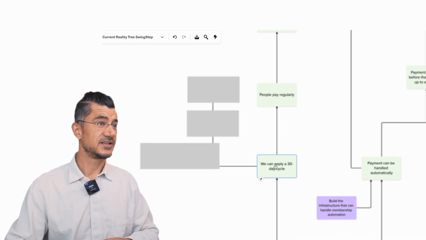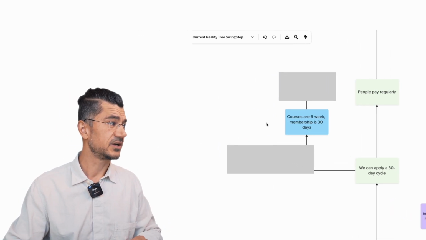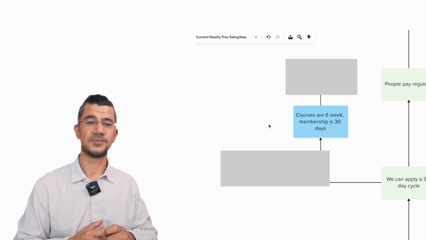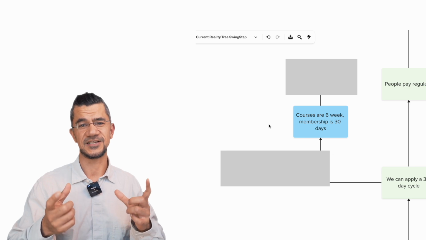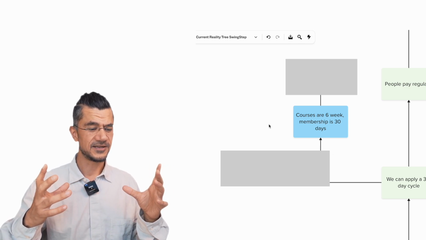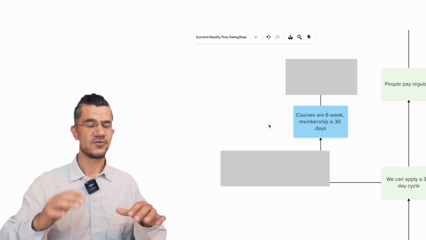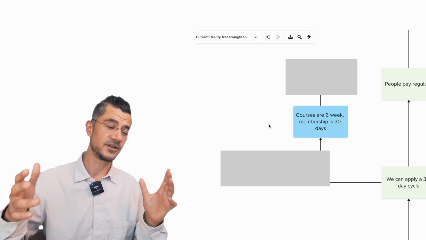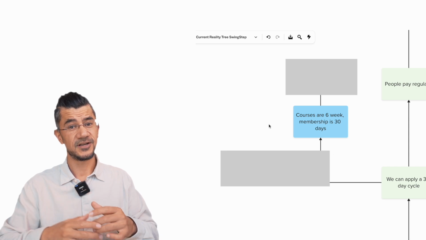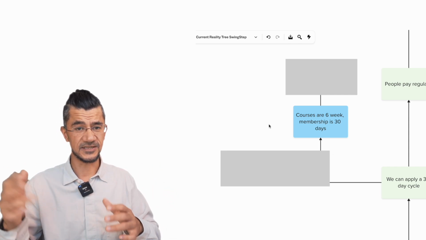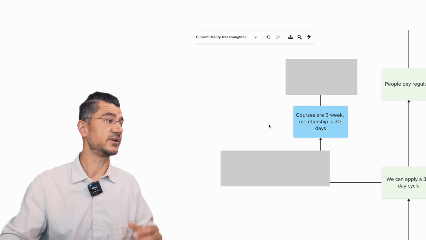Now, of course, the 30-day cycle introduced another negative branch, which is the fact that our courses were based on 6-week cycles, and we had so many benefits with that time frame that we didn't want to change that. So now we had two different rhythms. We had the 30-day rhythm and we had the 6-week rhythm. And in fact, our 6-week courses don't start at the beginning of a month. They start when it's optimal for the season, considering other holidays and considering summer periods and stuff like that.